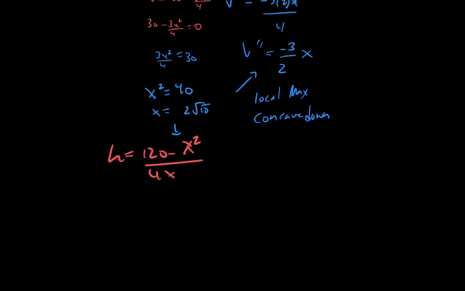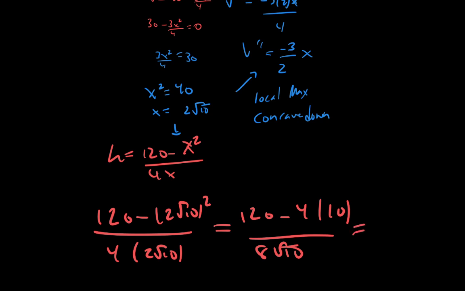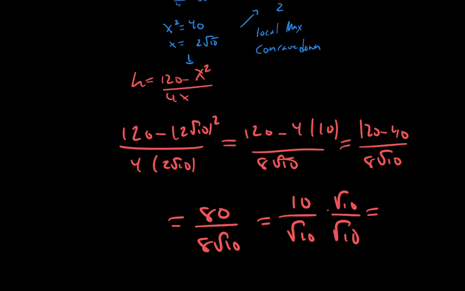So 120 minus 2 root 10 squared over 4 times 2 root 10 is equal to, after doing some basic arithmetic, 120 minus 4 times 10 over 8 root 10, and this is 120 minus 40 over 8 root 10, and that becomes 80 over 8 root 10, or 10 over root 10, times root 10 over root 10. That's 10 root 10 over 10, or just root 10